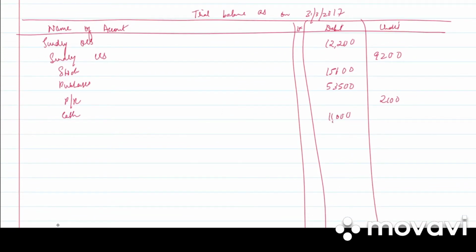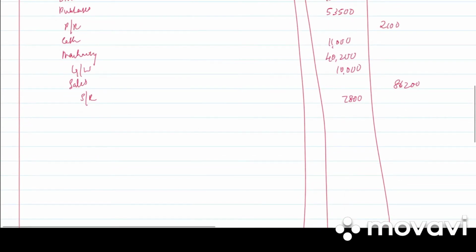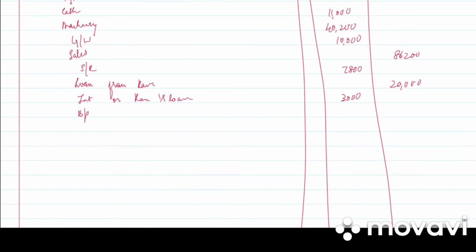Cash 11,000, machinery 40,200, goodwill 10,000, sales 86,200 on the credit side, sales return 7,800 on debit side, loan from Ram 20,000 on credit side, interest on Ram's loan 3,000 debit side, bills receivable 6,400 debit side, capital 57,000 credit side, life insurance premium 5,000 debit side,